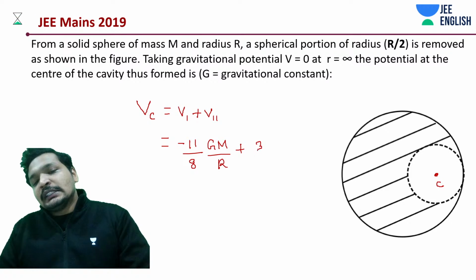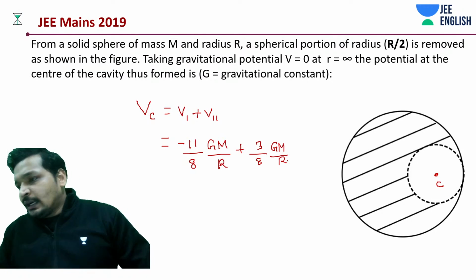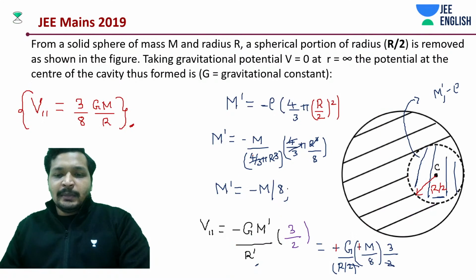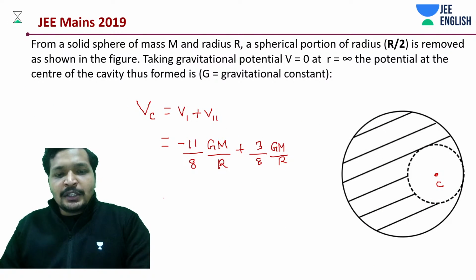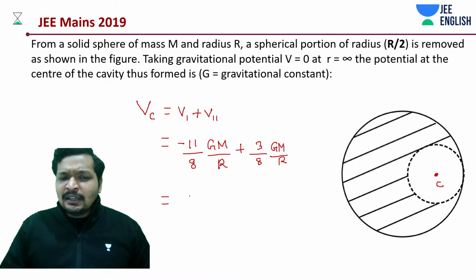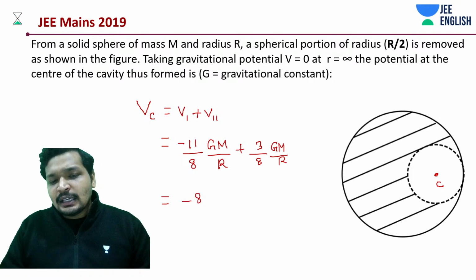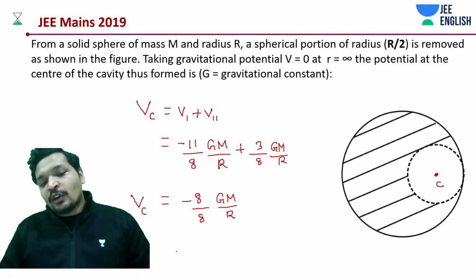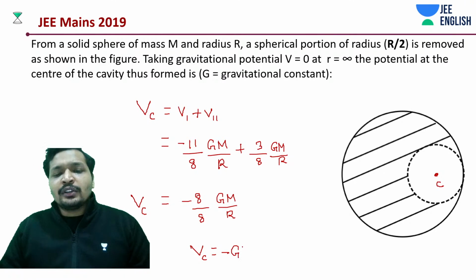And then what do we have? 3 by 8 GM by R. I think Madhan actually got the correct answer, isn't it? Minus 11 by 8. Yeah. How much do we have? Minus 8 by 8. 11 minus 3, or minus 11 plus 3, it's minus 8 by 8 GM by R. Interesting, isn't it? So at the center, what is the value? Minus GM by R. If you want, you can remember this, but it's not going to repeat again, I believe,